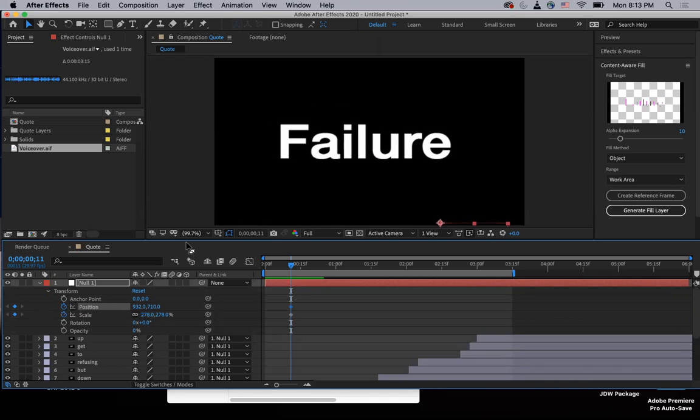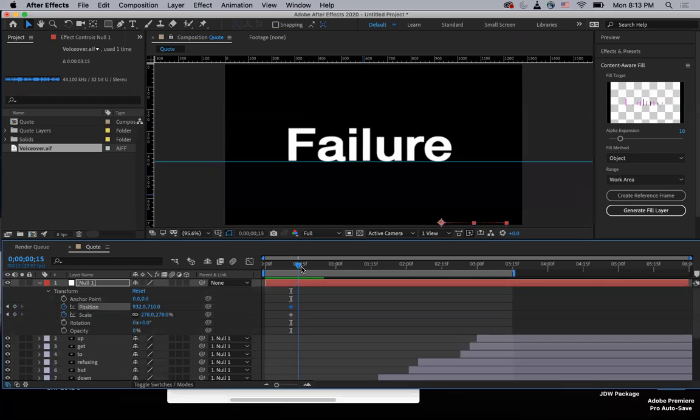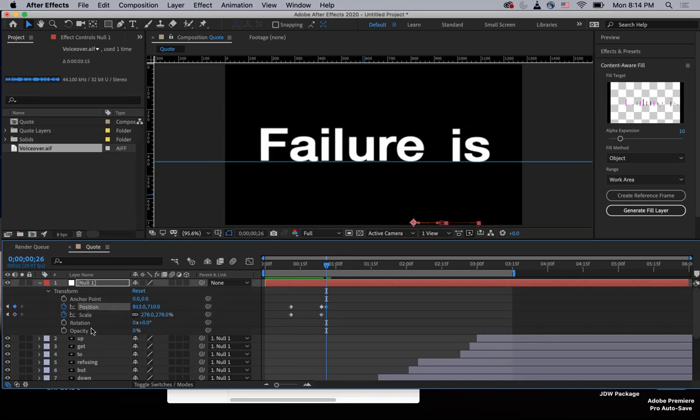And I'm going to put a guideline here because this is where the stage is going to happen, because I know that the next word that's going to come in is the word "is." So what I want to do is right before "is" comes in, I'm going to duplicate my layers here, knowing that I just have to bump it over just a little bit. So as you can see, when it comes in, it pops over. Okay. But I know that right after that,